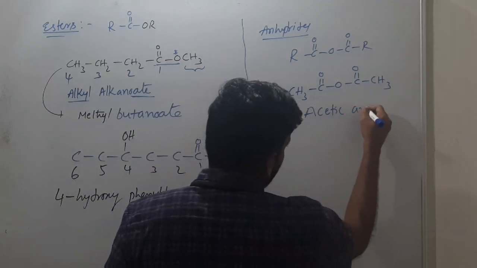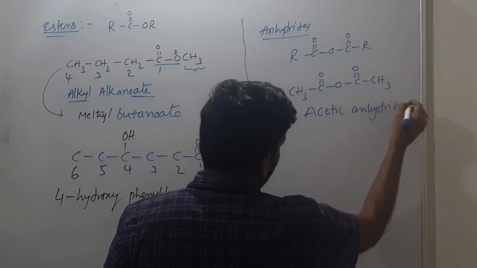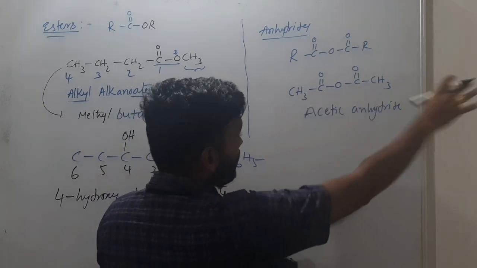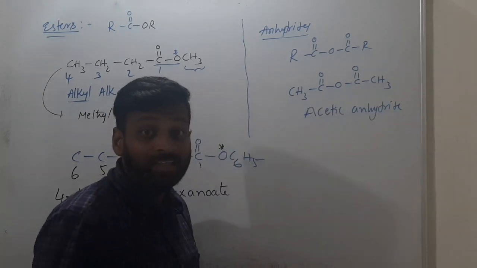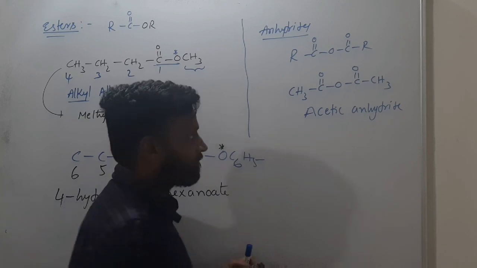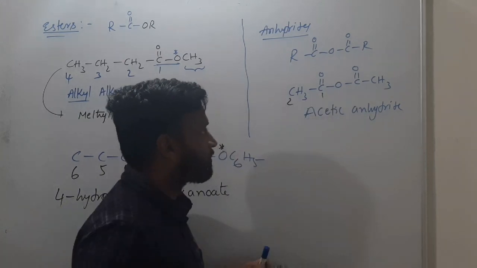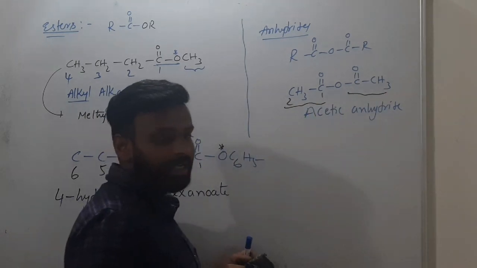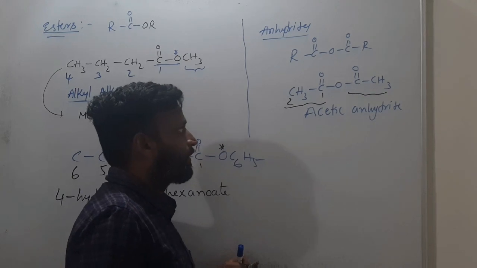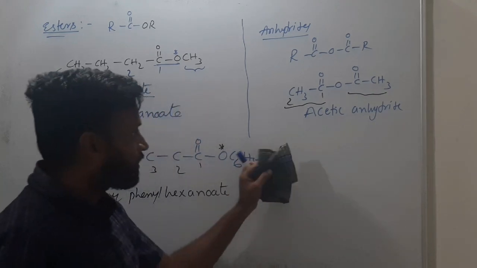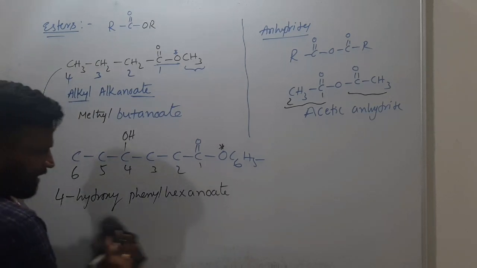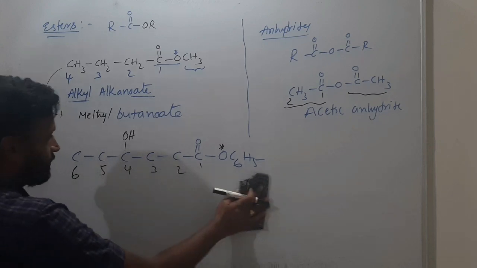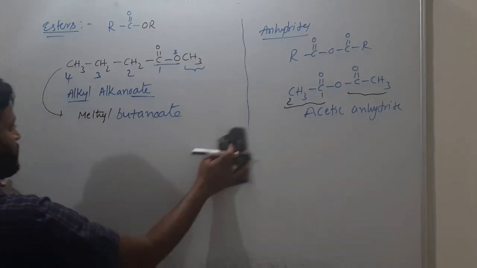This is acetic anhydride, we call it. It's a common name actually. But for IUPAC names we cannot give continuation, 4 carbons, butane anhydride, no. Ethane anhydride, like that we write. Only 2 carbons we have to mention because the same repeats on that side also. So ethane anhydride, simply acetic anhydride. Mostly they won't ask anything about anhydrides. Up to esters they'll ask you importantly. So hope you have written all these things.